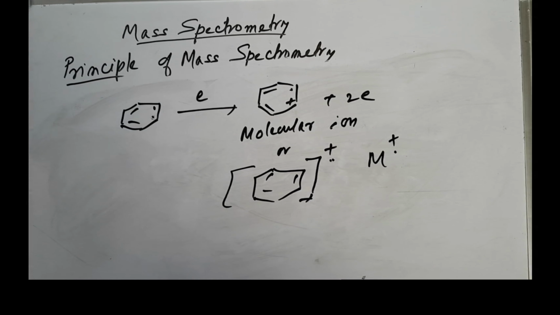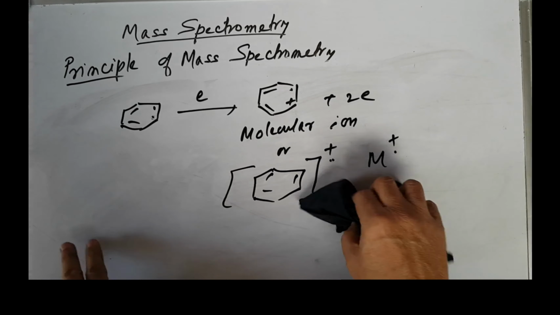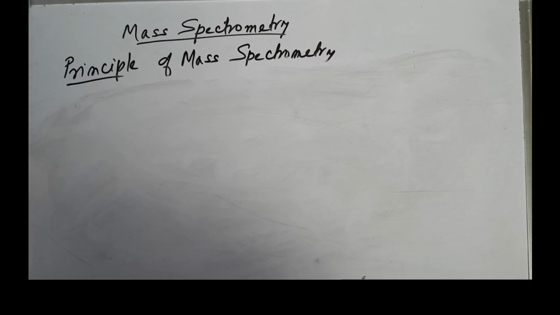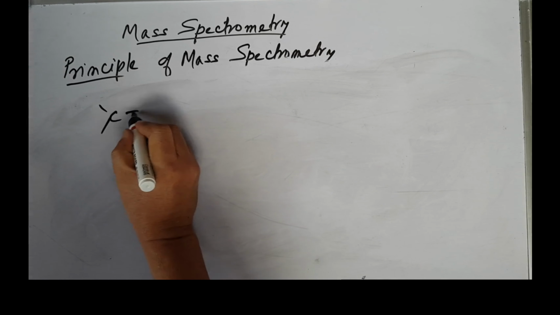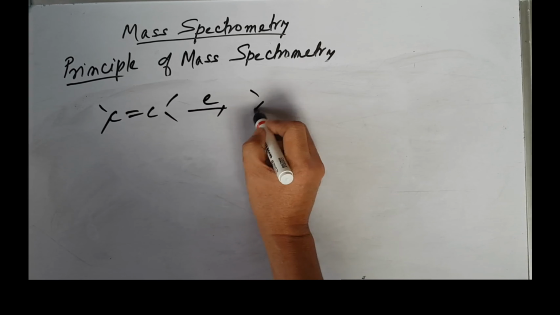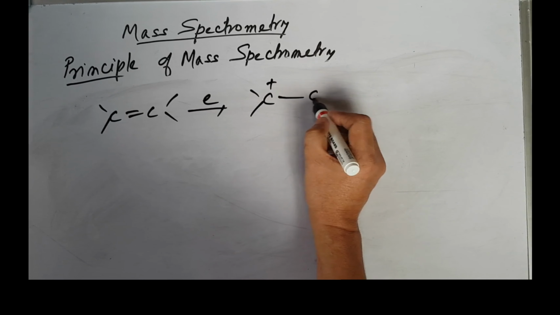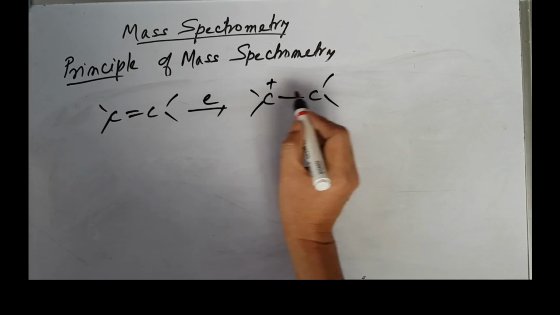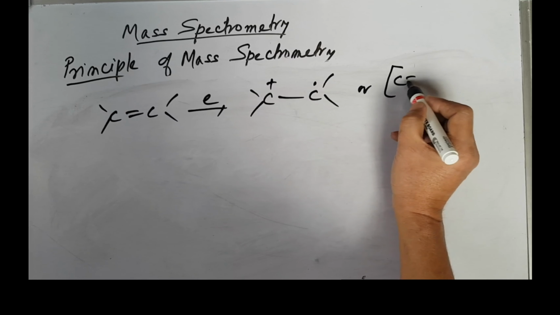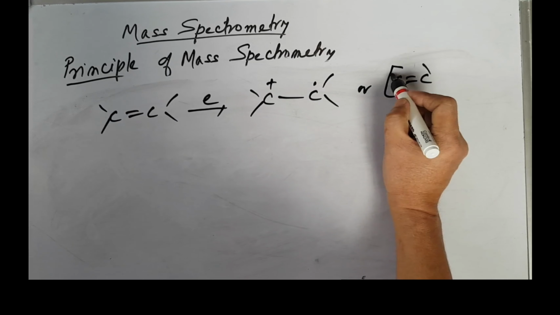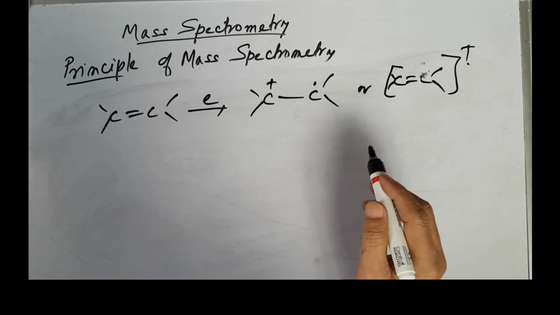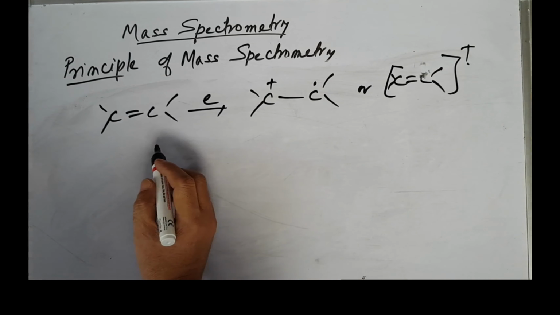Similarly, you can have many examples here. Say here double bonds, so you can also have double bonds or amines like this. In a double bond, you can have these electrons, then you can have one positive charge, with one electron lost from here, so you get one like this. Or you can have this C double bond C, which can be represented this way. So this is the parent ion, or you can say molecular ion. Similarly, you can have many examples.